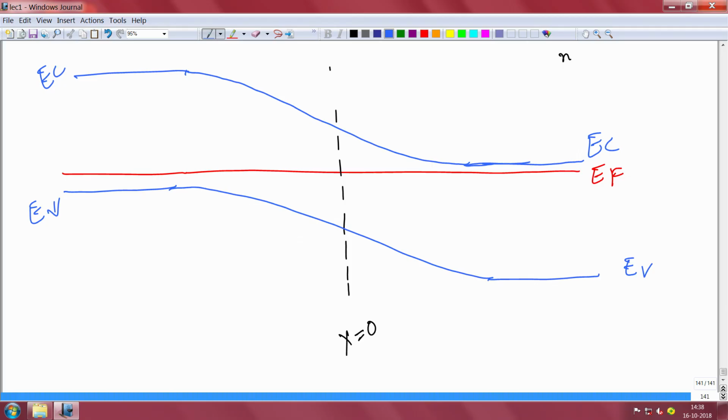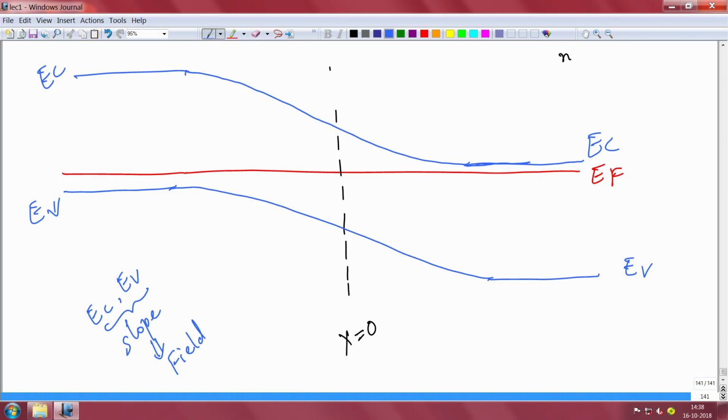So now that is good. This is x equal to 0. Which is the depletion region? The depletion region is the region where there is a field, and a field exists whenever the conduction band or valence band have a slope. Whenever they have a slope, it means there is a field. That field need not be externally applied. The field can be internal also, as in this case, where I have not applied any external field. The field exists internally without application of any external voltage. Any slope in conduction and valence band means that there is a field.